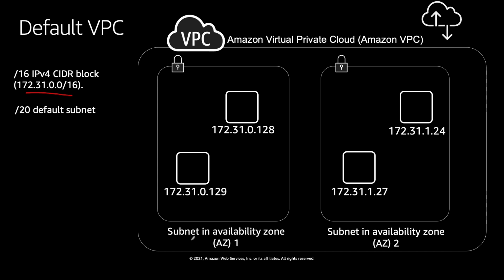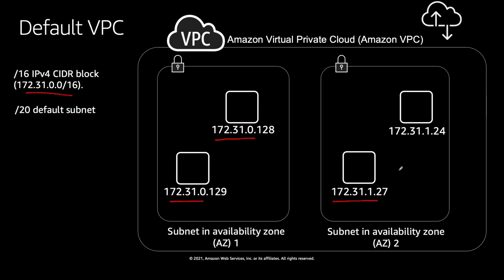So you can create one or more subnets within an AZ, but a subnet can belong to only one AZ, one and only AZ. Okay, so you need to keep that in mind. Now in this example, if you see these two instances are in the same subnet, and that's why if you read the IP address, it's quite evident that they are from the same subnet.